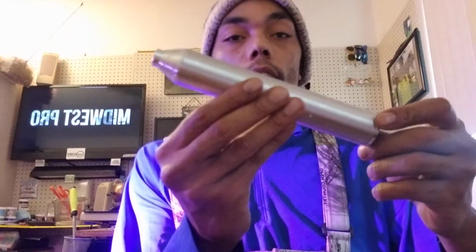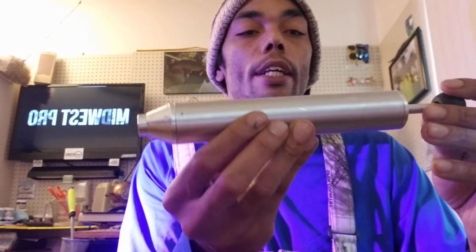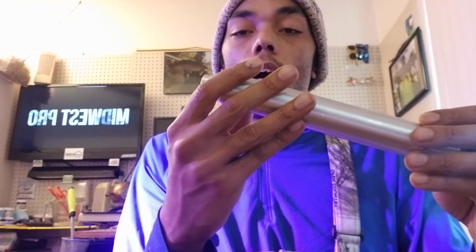Your next item on the agenda today, an injector. You're gonna want at least one of these bad boys. This here is just a medium-size injector from Do It Molds. It's pretty good stuff. The tip comes out pretty easily. I did have a problem with one of the other tips, to be honest, but this one, I don't know if it was just machined more perfectly or what the deal is, but it pops right out,